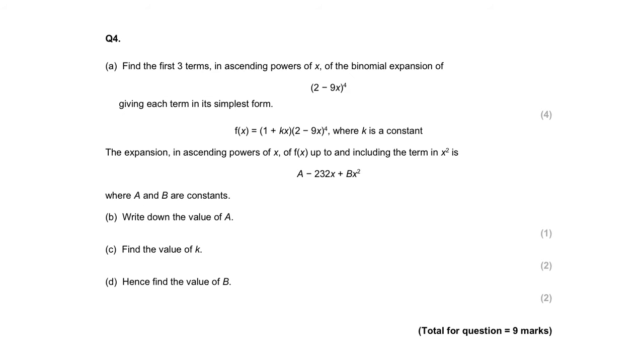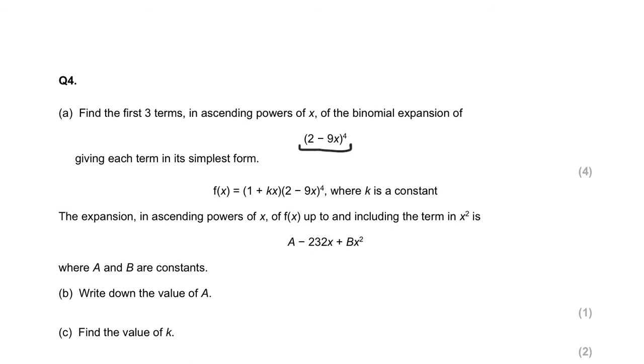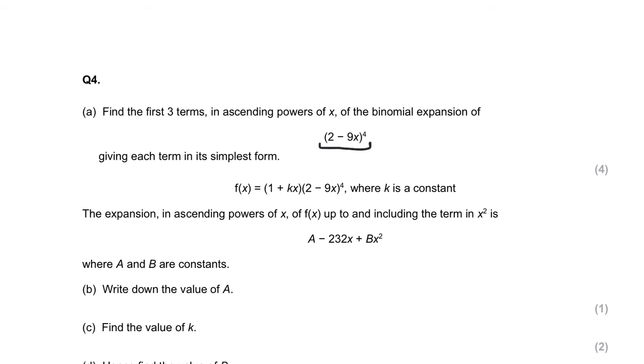However, we're going to use all of our skills and we're going to complete it, yeah? So find the first three terms in ascending powers of x of the binomial expansion, given each term in its simplest form. So we know that this part is going to be really easy, okay? And I'm just going to do it up here. So we're going to have